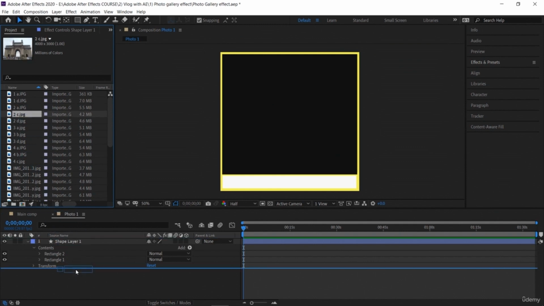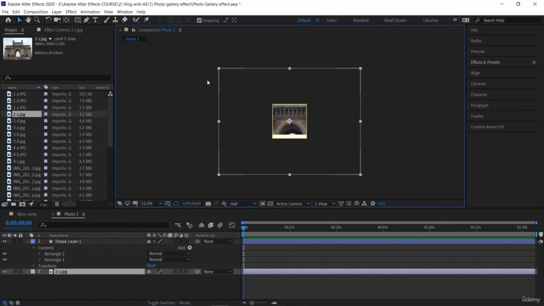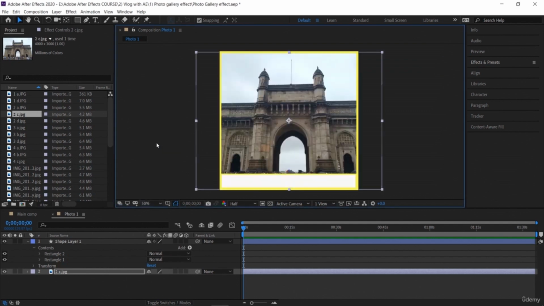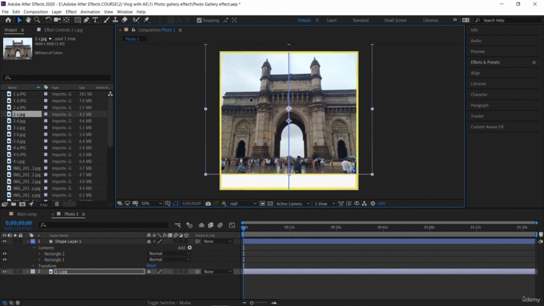So let's begin with the Gateway of India. It is a very iconic landmark. So I'll just rescale this image and adjust the size. You can obviously use your own images, be they personal images, or images of any trip or memories you have, or any documentary project you are going to do. So just readjust it so that it would be centered and in prime